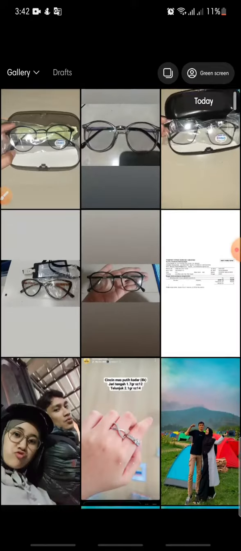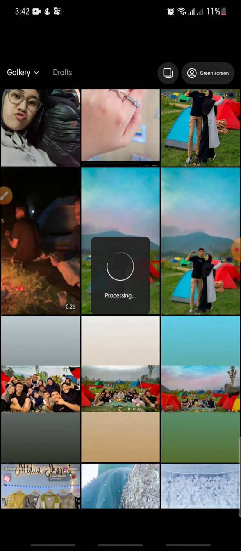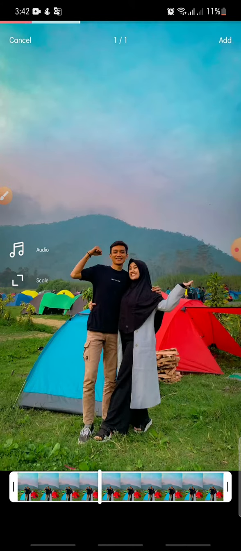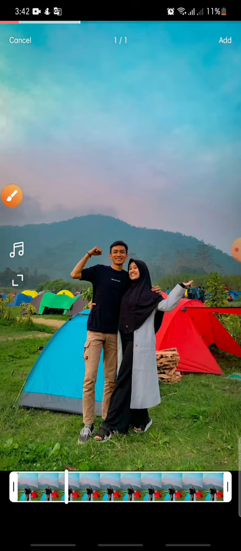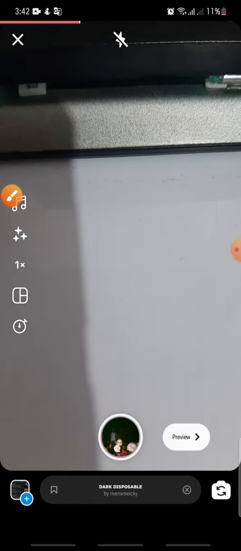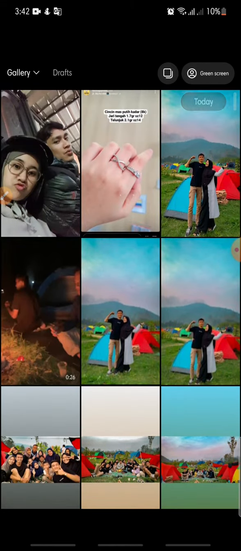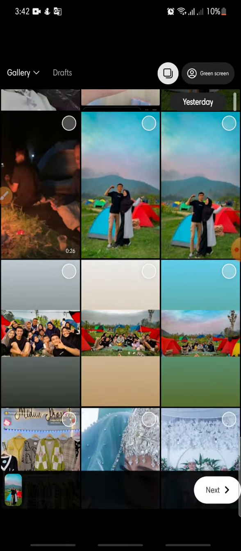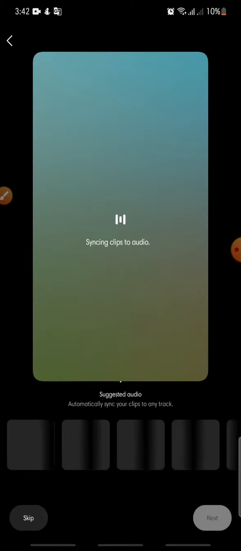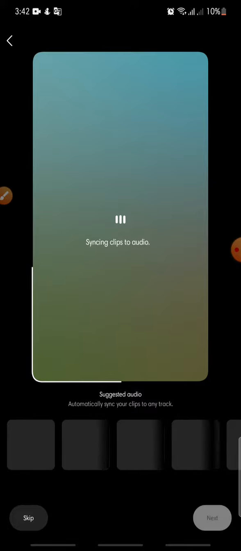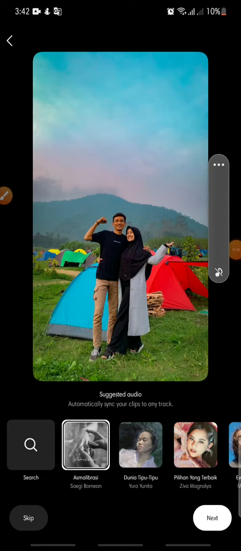I wanna add this one, click on this one, and then in here you can click add on the top again, and then click on this one again, and then click another video, another photo, this one, and this one, and then click next at the bottom. And in here you can wait, and in here you can add the